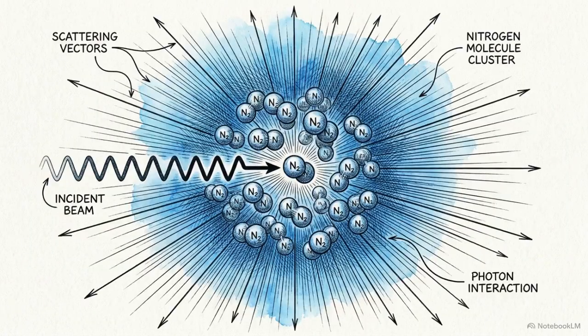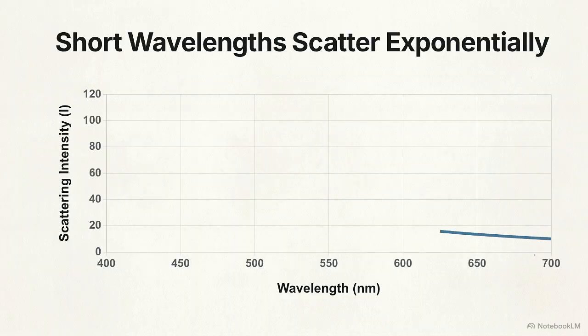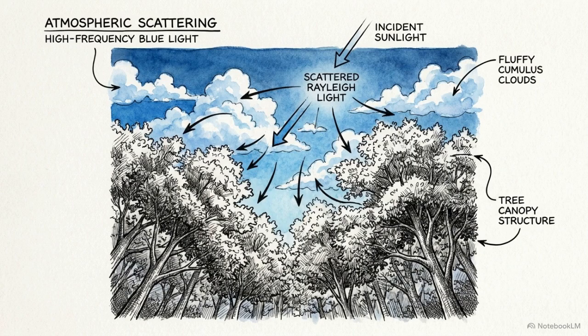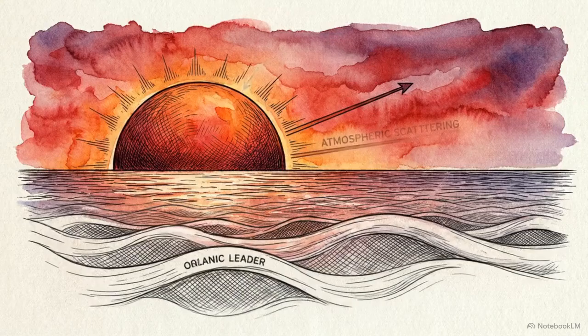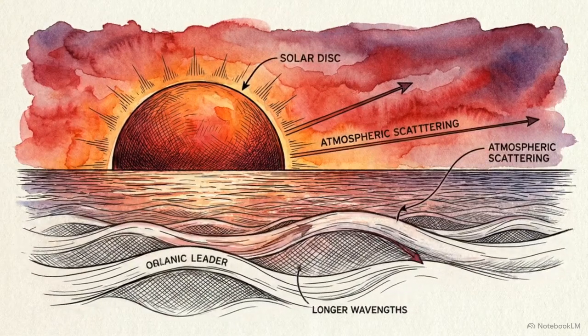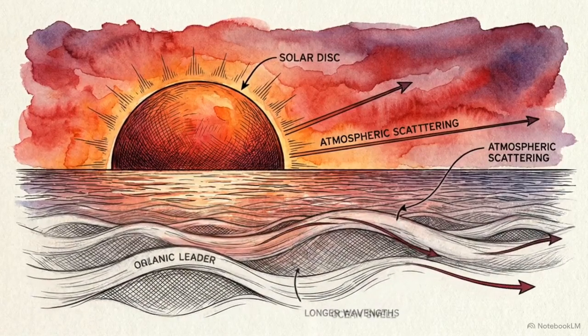Rayleigh scattering violently redirects light upon impact with microscopic atmospheric molecules. This behavior is governed by a mathematical law. Scattering intensity is inversely proportional to the fourth power of the wavelength. Consequently, the atmosphere continuously scatters high-frequency blue light in all directions, giving the daytime sky its bright, characteristic blue color. At sunset, when the sun is low on the horizon, sunlight must travel through a much thicker section of the atmosphere. This extended path scatters away the blue wavelengths, leaving only the longer red and orange wavelengths to complete the journey